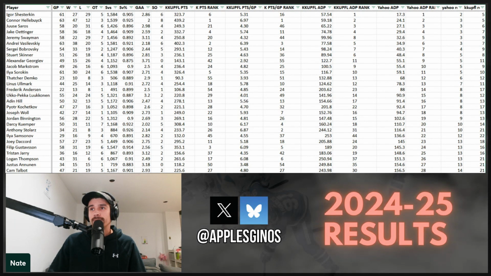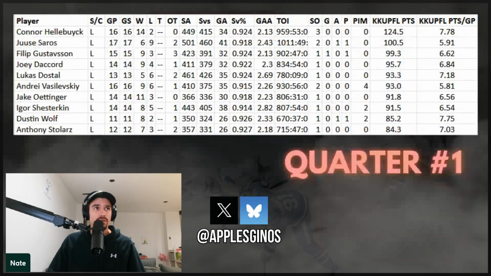So, yeah, once again, I think you can see from this list, you did still get some pretty huge hits later on in the draft, undrafted goaltenders as well, like Mackenzie Blackwood, through sets of circumstances where you could pick him up off the wire when that trade happened, and all of a sudden you have a locked and loaded number one goaltender for your fantasy team for the rest of the season.